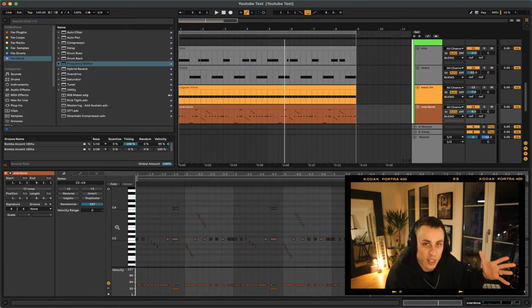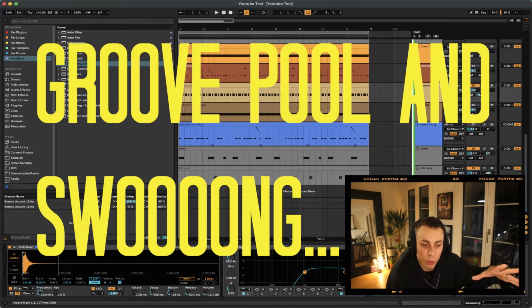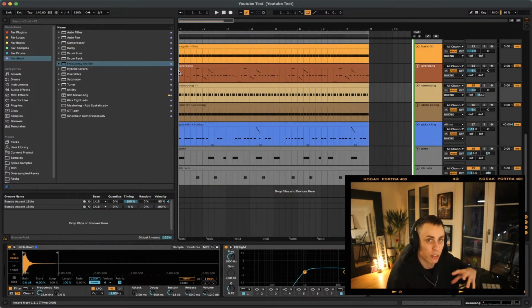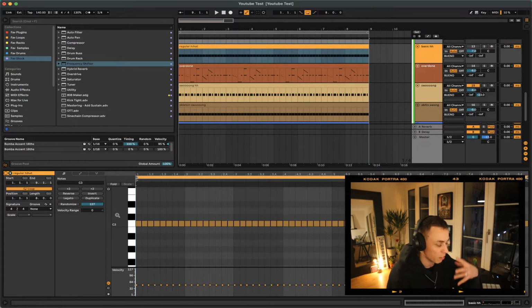I think you guys got the point. Moving on, tip number 3. Use Ableton groove pools or shift your hi-hats off the grid manually to give that swing to your hi-hat patterns. You know, the one that you hear in the records of Smino, for example. And if you like that type of sound, this is how you do it. You use the Ableton groove pool, you have a swing preset, or you just shift your hi-hats off the grid and it looks like this.